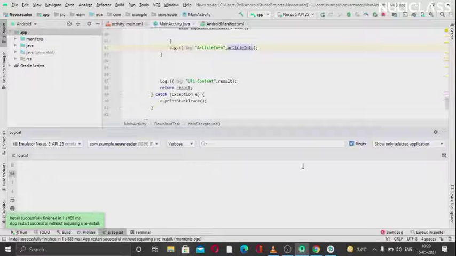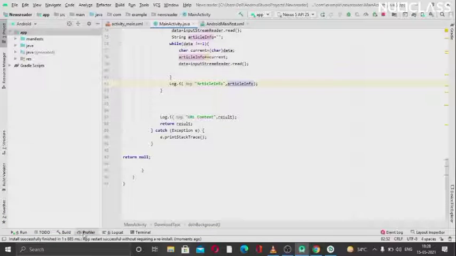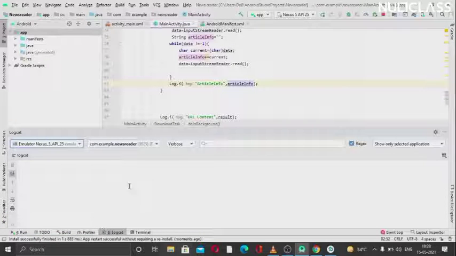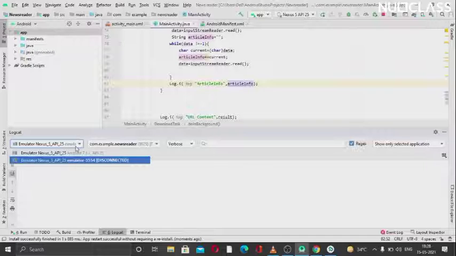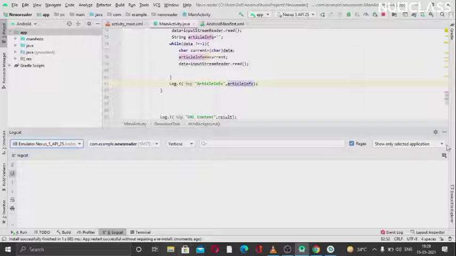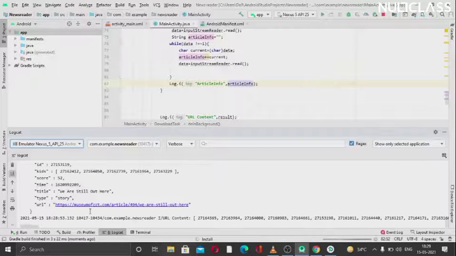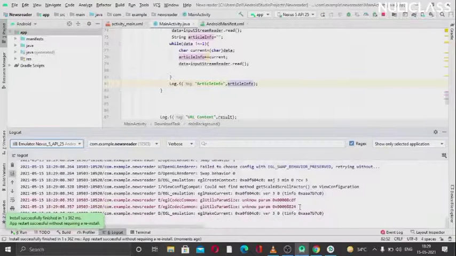So now it is installed. I think we need to change this. To get to the logcat we sometimes need to change the emulator, and now we need to run this again. Now we can see that we are getting this again.